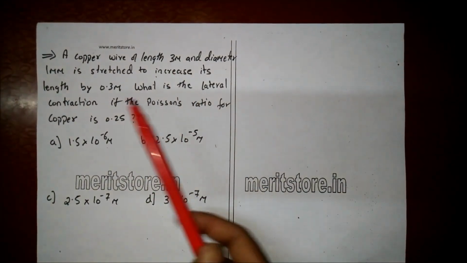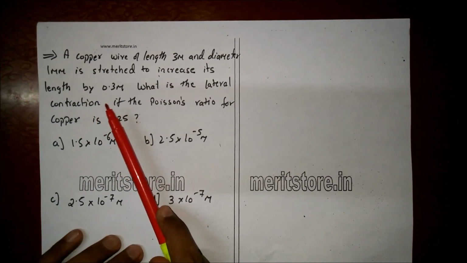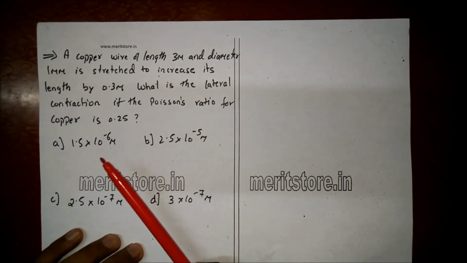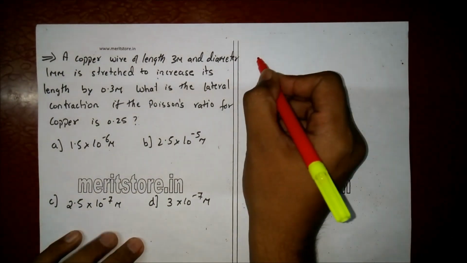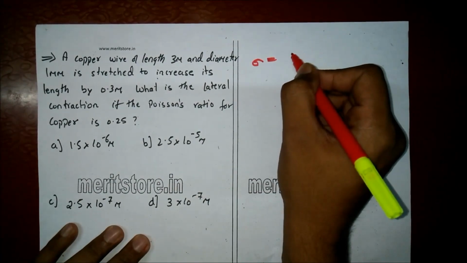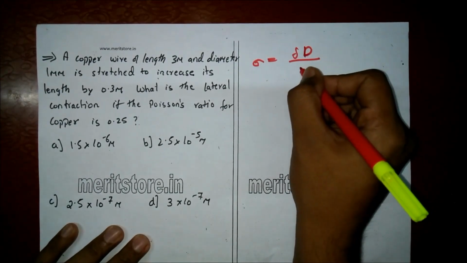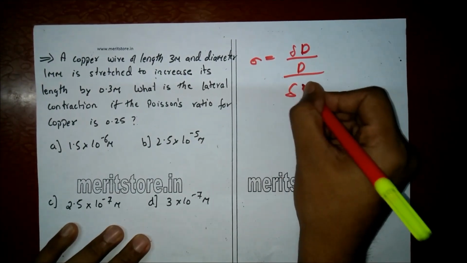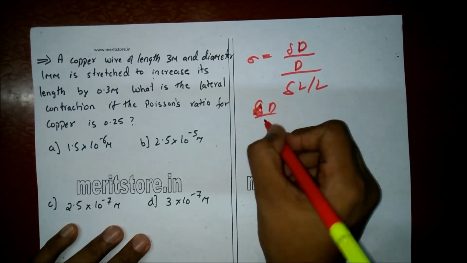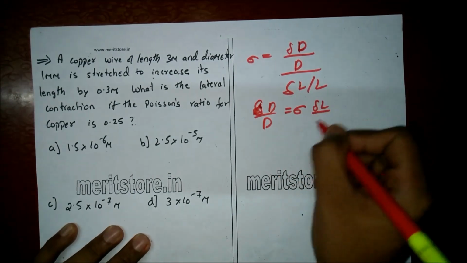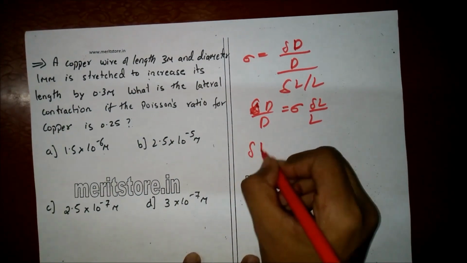A copper wire of length 3 meter and diameter 1 millimeter is stretched to increase its length by 0.3 meters. What is the lateral contraction if the Poisson's ratio for copper is 0.25? Now, Poisson's ratio is given by the formula rho is equal to delta D upon D divided by delta L upon L. Therefore, delta D upon D will be equal to rho into delta L upon L. Here we need to find the value of delta D. Therefore, delta D will be equal to